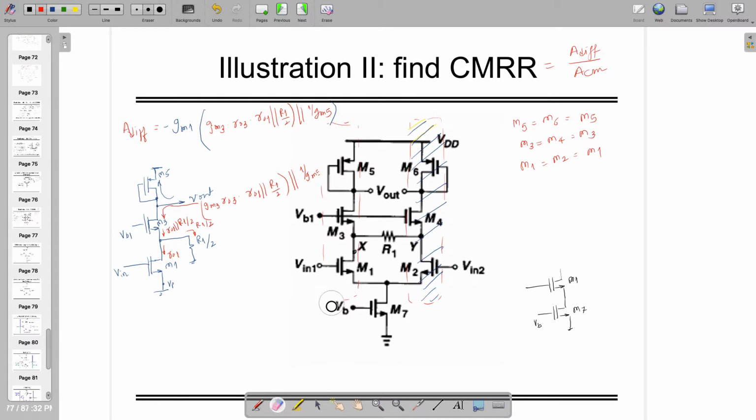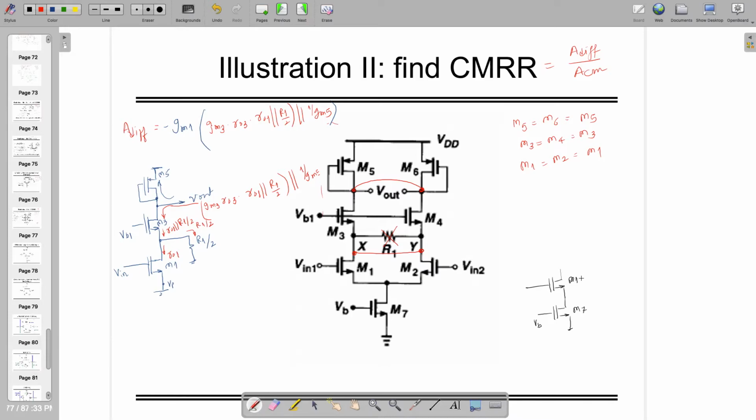Let's remove this balance network. So X and Y are exactly the same, so both will be shorted. V out are also the same, so both are shorted, right? When you're doing this, there is no role of R1 at all, and here two M1s are in parallel,